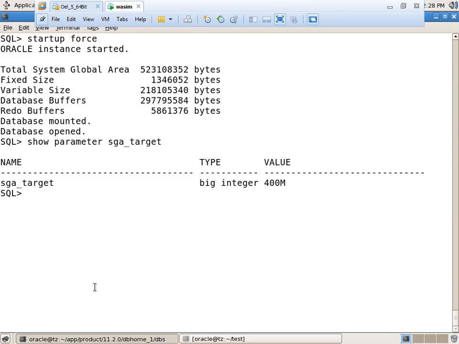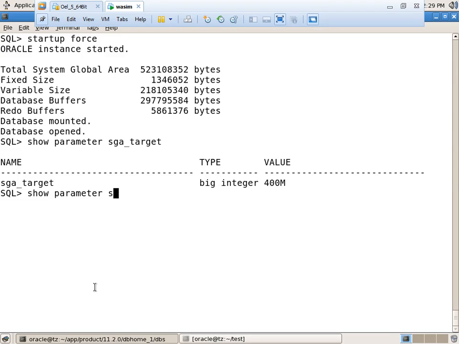This is only for dynamic parameters. If you want to change static parameters, you go directly to the parameter file and edit it. After bouncing back, it will take effect. We can't use the alter command. First you have to understand which file our instance is started through. SP file is different, P file is different. Now our instance started through the P file only. I am not discussing the SP file.